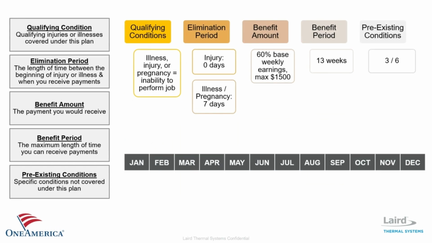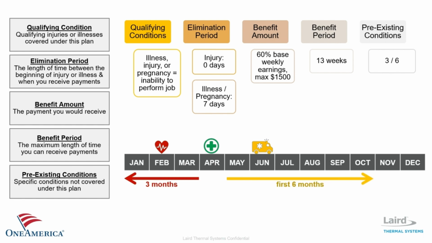For example, an individual was diagnosed and treated for a heart condition that occurred in February 2025. Then, the individual enrolls in short-term disability coverage with an effective date of April 1st. In June of 25, the individual suffers a heart attack and can no longer perform the substantial duties of their job. Because the injury and treatment occurred within the 3 months before the person was covered under this plan and caused disability within the first 6 months of coverage, this claim would not be covered.